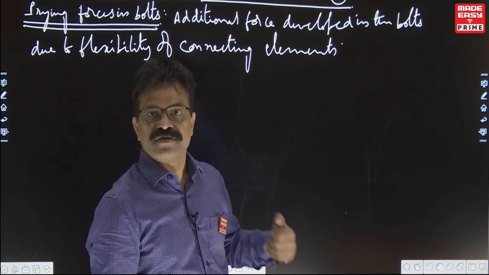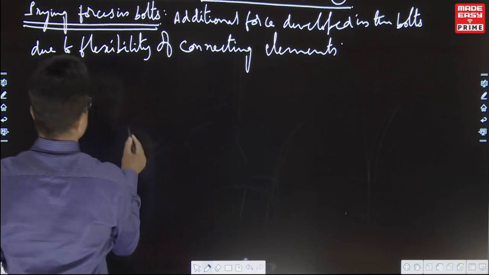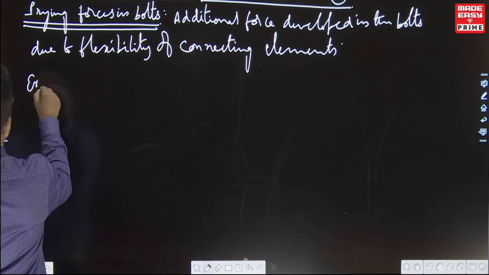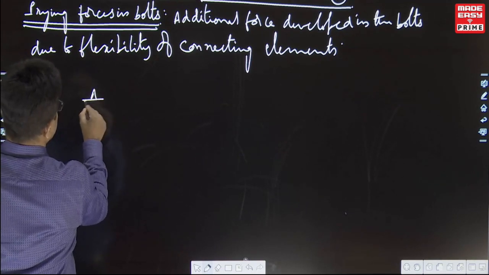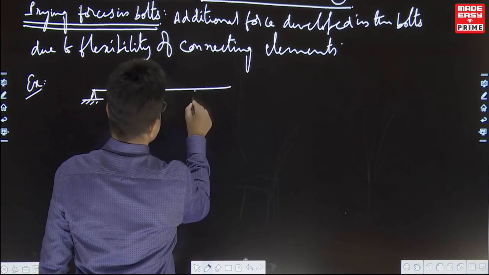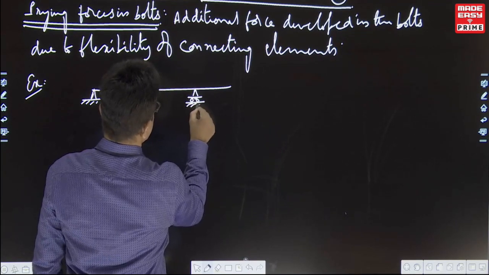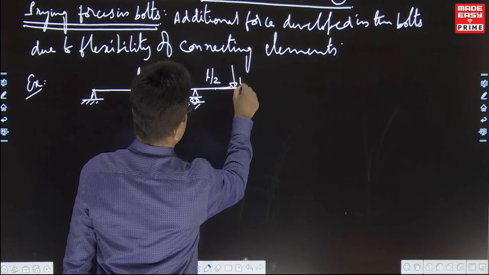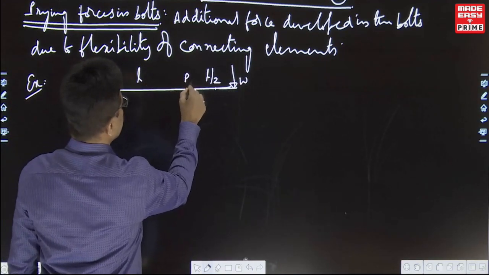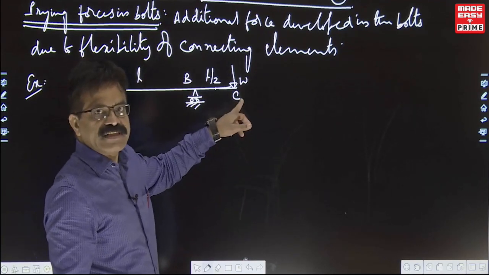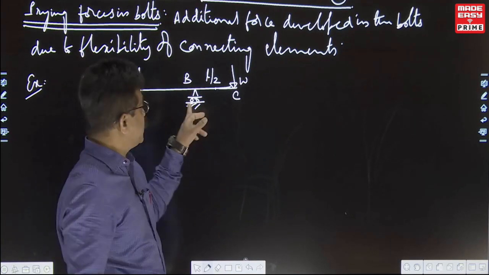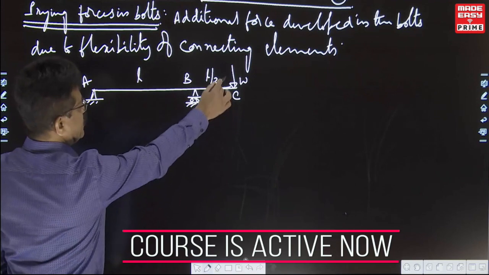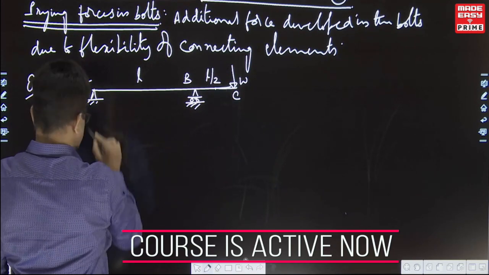That comes from your strength of materials. For example, first we will understand how additional forces will develop. First we will take an example here. We have a simply supported beam, let us say. This length is L, this length is L by 2, and you have a load W, with points A, B, C. In this case, you are applying load W only, but the reaction at B is more than W. How will more than W develop? See here, due to this, the deflection profile will be something like this.